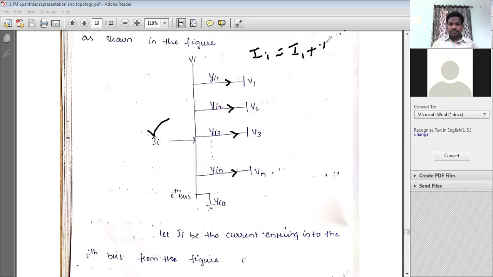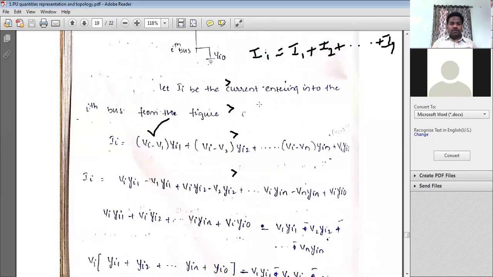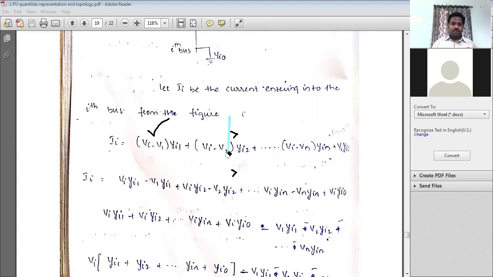plus I3 and so on up to IN, plus this current should be added to that. What is I1, what is I2, and so on up to IN, we are going to see here now. Capital I suffix i is the total incoming current that is entering the ith bus. Now the sum of the leaving currents is given by, now you see here,